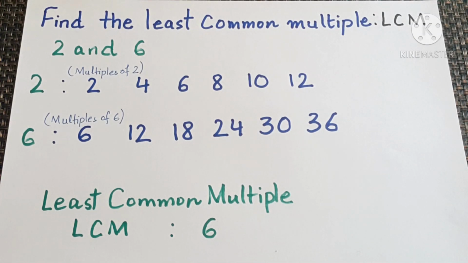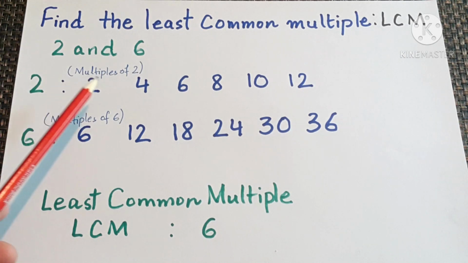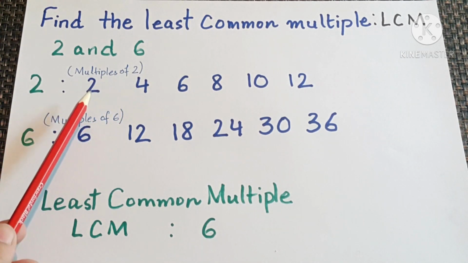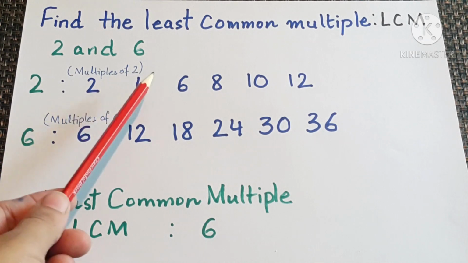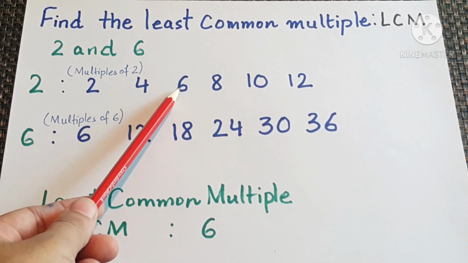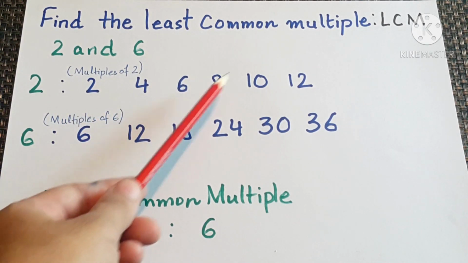Find the least common multiple, LCM, of 2 and 6. For 2, we will write the multiples of 2, which means the table of 2. 2 times 1 is 2, 2 times 2 is 4, 2 times 3 is 6, 2 times 4 is 8,